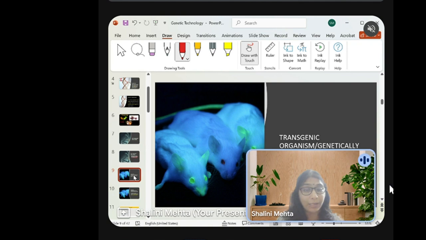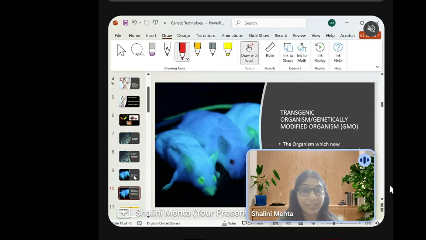You would have seen on many packs, it is written it's a GMO product, right? What do we mean by GMO product? That means it is a genetically modified product, or it is a genetically modified organism, remember. That means it has genes that belong to some other organism that have been inserted into it to enhance certain qualities, to enhance the flavor, to make it nutrient rich. It could be for any reason, to increase the shelf life, right?